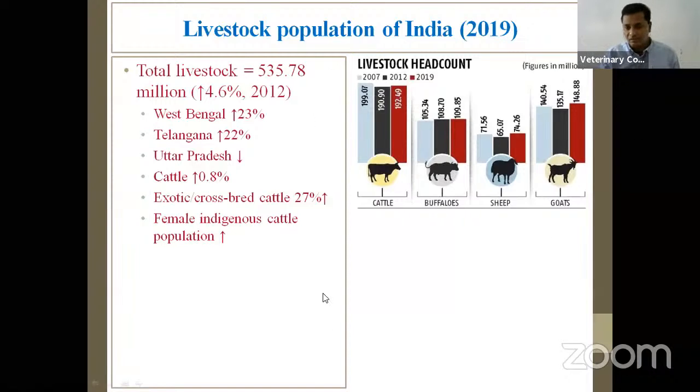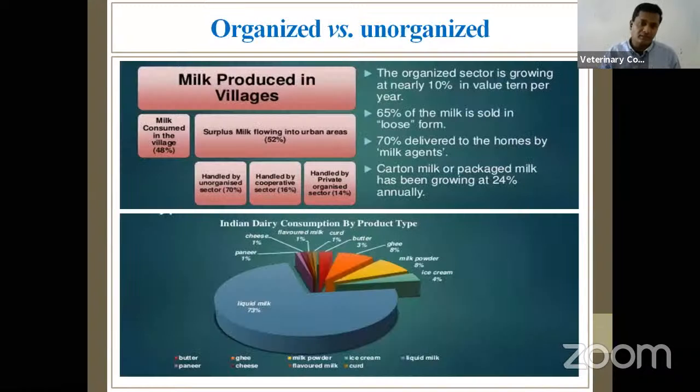When we mix all these species' milk together, we get something to the tune of 180 million metric tons. That is the production potential of India. Some states are excelling in milk production, while other states are lagging. Some states are keeping pace with their trend in milk production, and some are losing it. So it is a dynamic process, and there are many factors that drive this process, leading to the net production of milk in India.